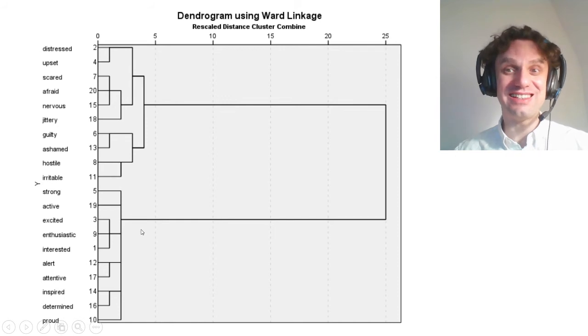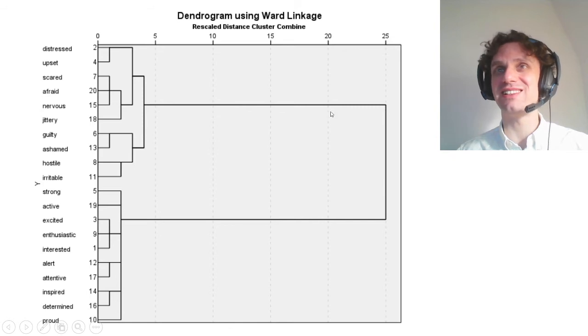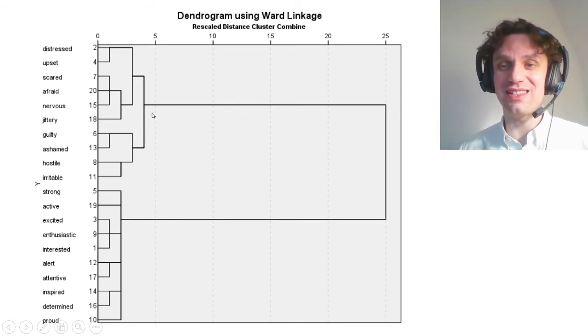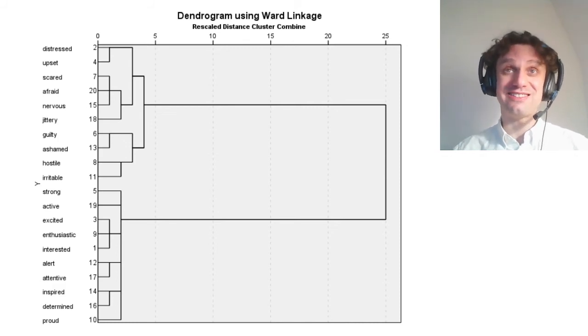So the question is, how many clusters do we have here? And it's basically an arbitrary decision. Ideally, you need to look for the branch where there is the largest potential gap. Of course, it's better to use some statistical procedures, but they are not available in SPSS. They are only available in R. So the best recommendation that I can give, just imagine that you're cutting this tree at some point, and if